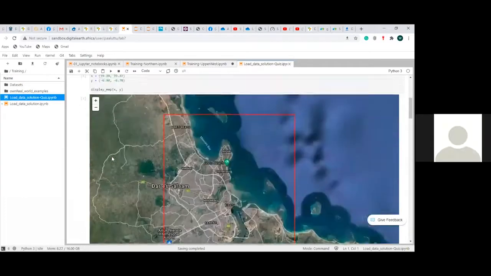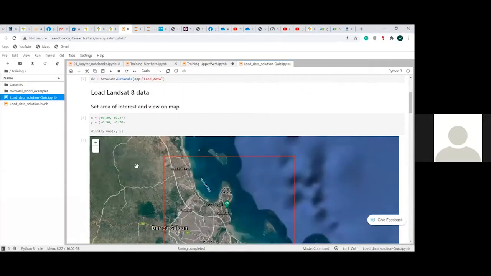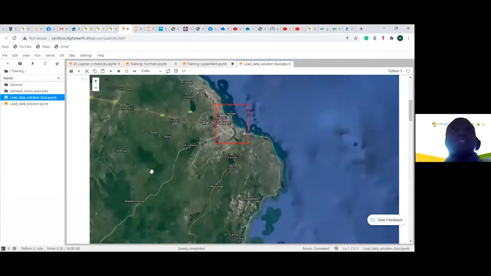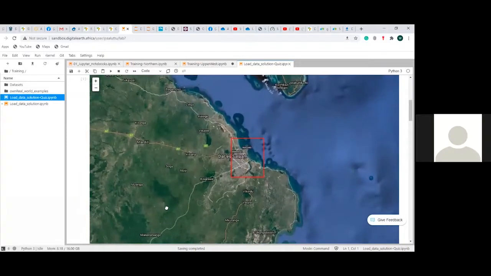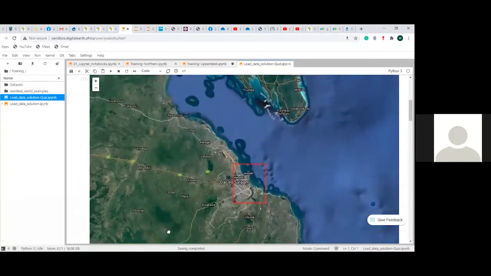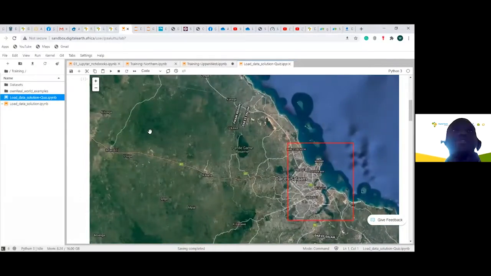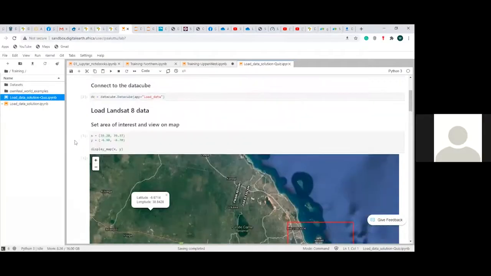Okay, I'm going to use this one to show her how to choose a new location. Okay, I'm selecting this side. I change it here.